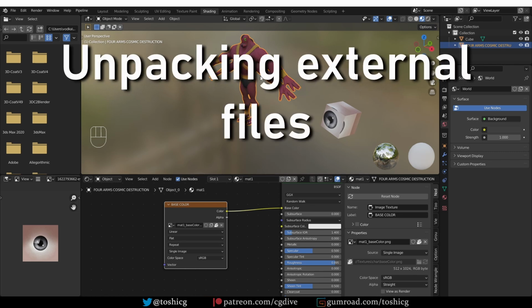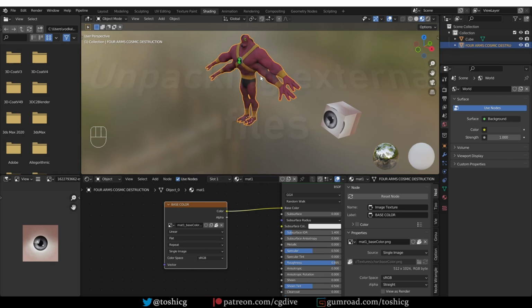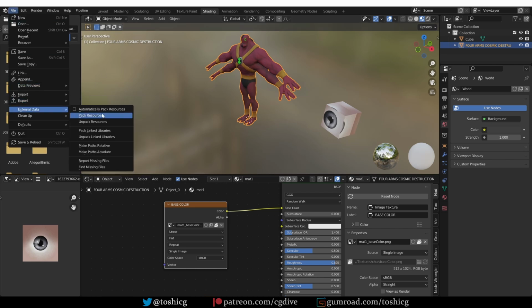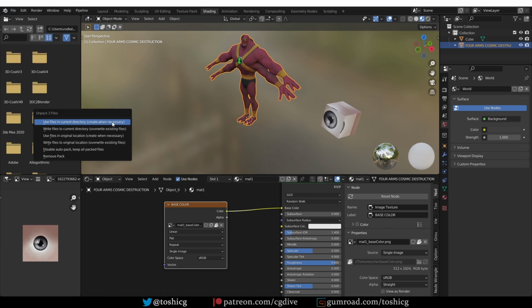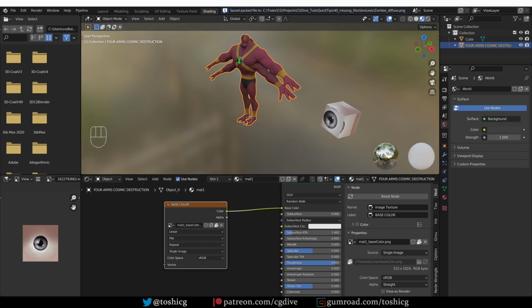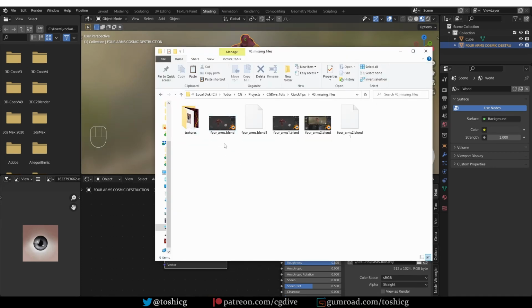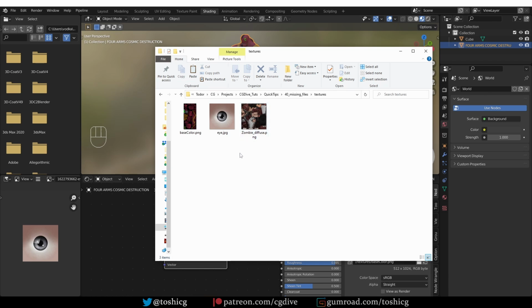Now let's say that you received such a file which contains embedded data. If you want to extract this data and take a good look at it or maybe edit it, what you could do is again go to File, External Data, and then Unpack Resources. And I'm not going to go through all of these options one by one. The one I usually use is the first one. And now if I look again in my project folder, Blender has created a textures folder and all of the textures are there. Now if I edit any of these textures,